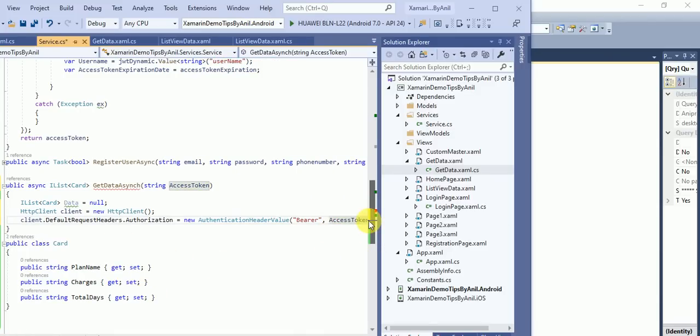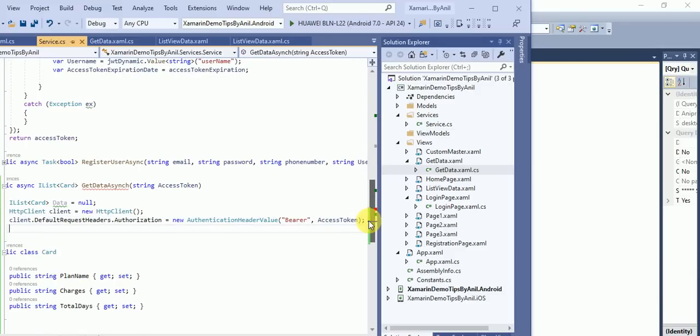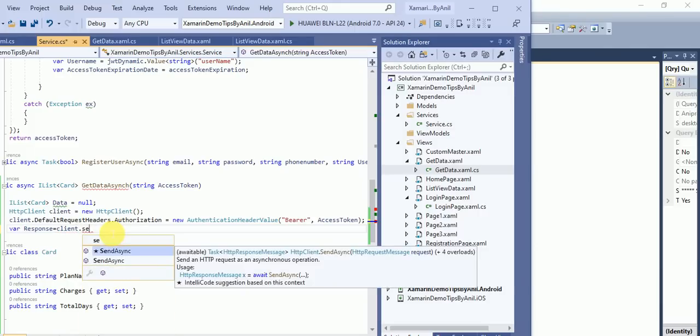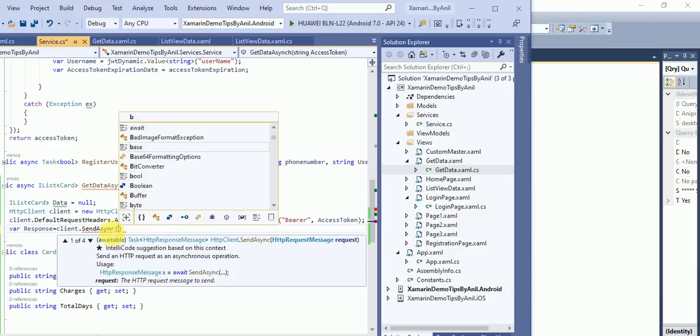Now client.SendAsync request, because we are sending an async request. Here I will type the base URL.